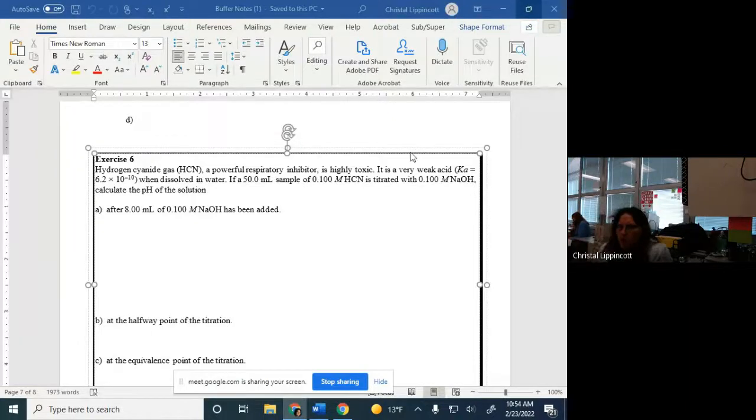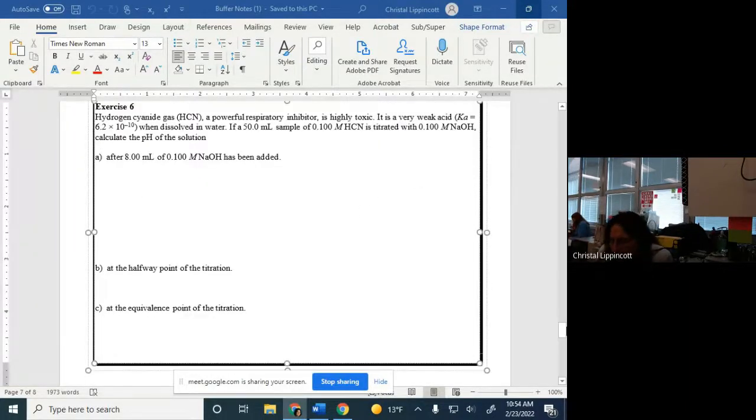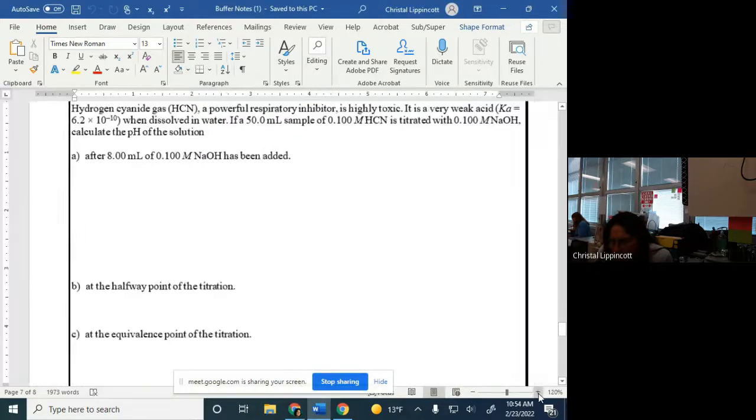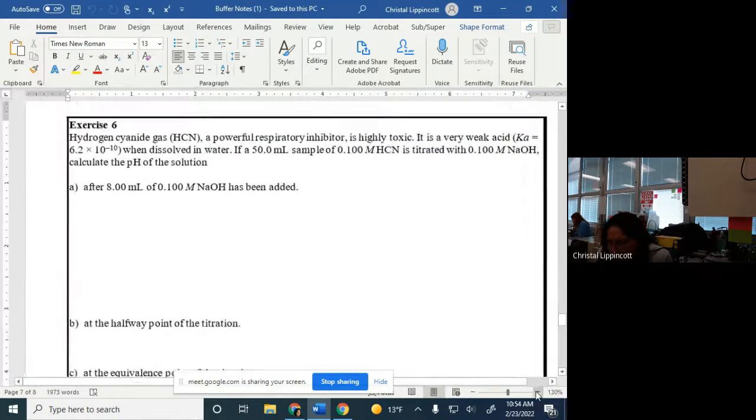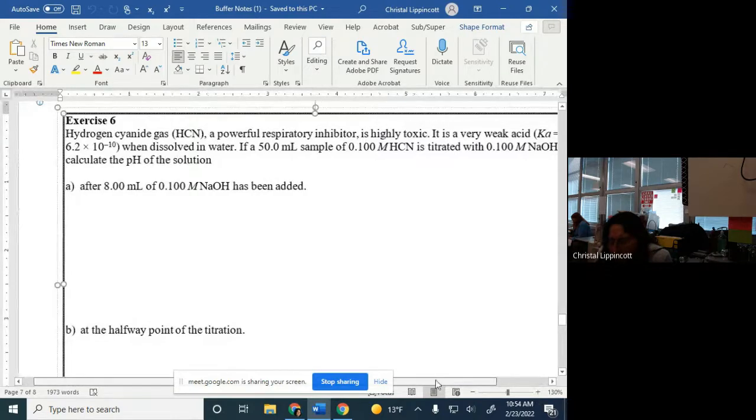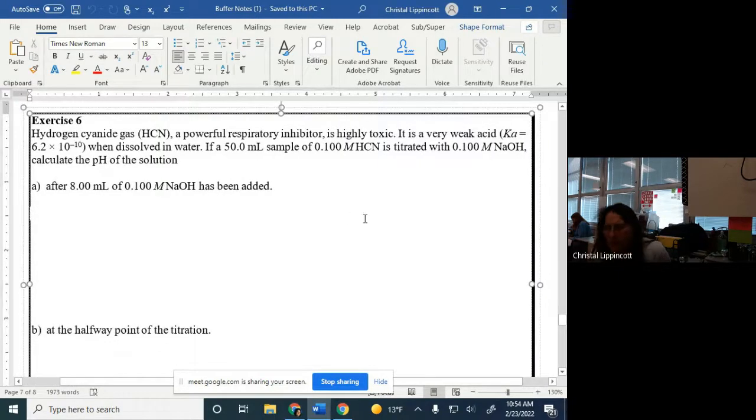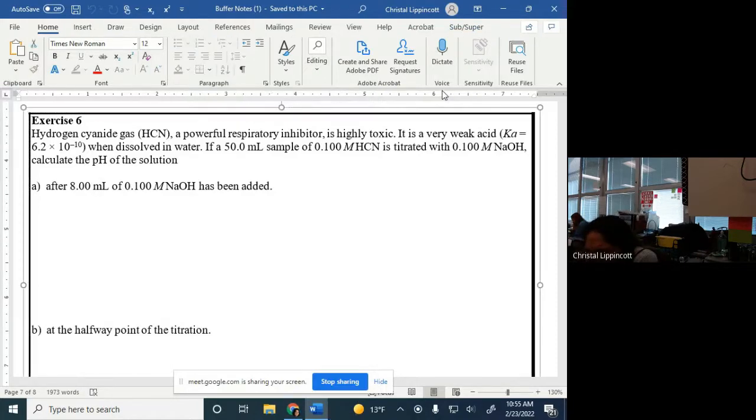Here we go. All right, so we left off. We were going to do this exercise 6 where we've got hydrogen cyanide. It's a weak acid. They gave us the Ka value here. And if we have a 50 ml sample of 0.1 molar HCN, and we're titrating that with NaOH, 0.1 molar, they're asking what's happened after 8 mL of this has been